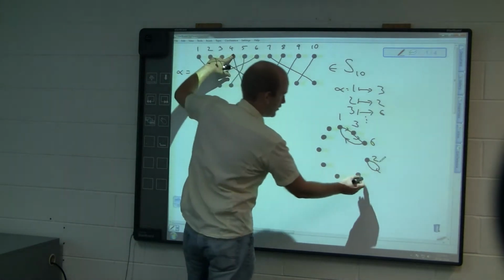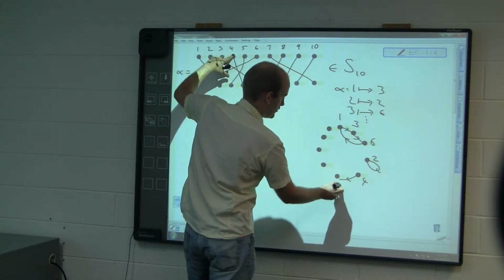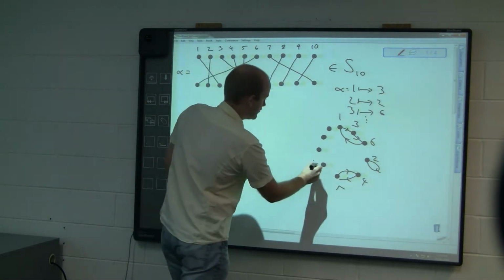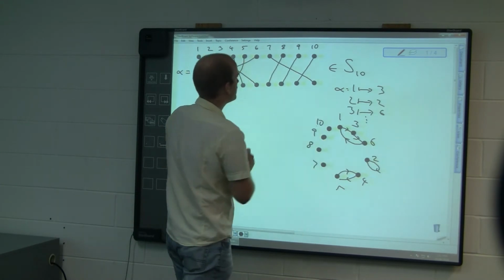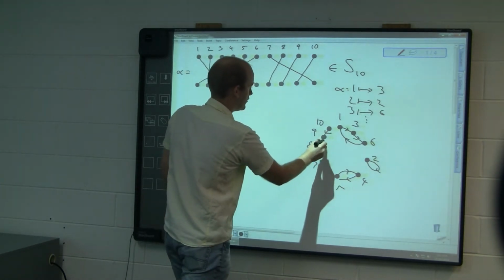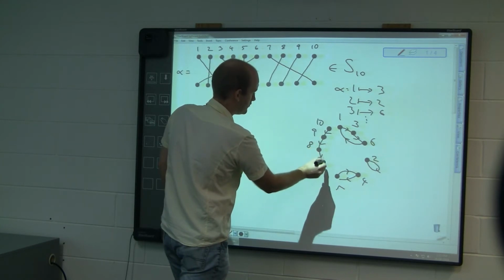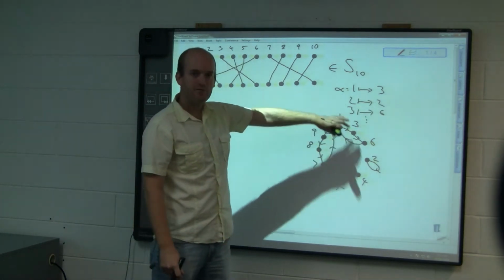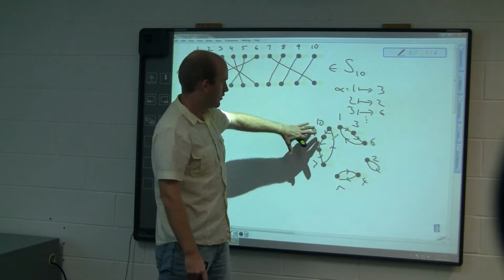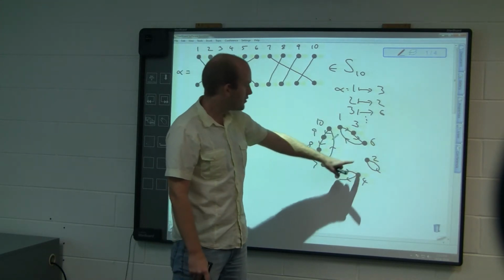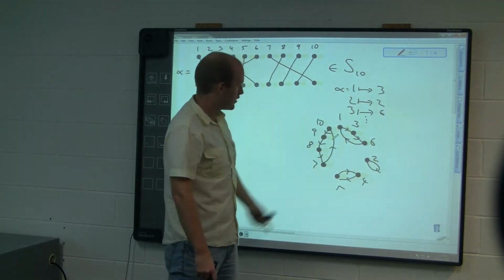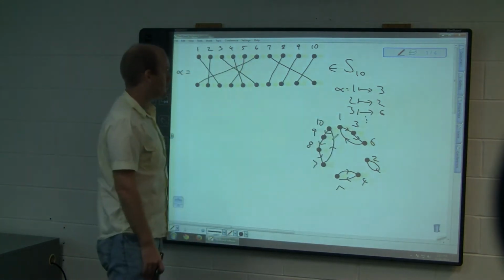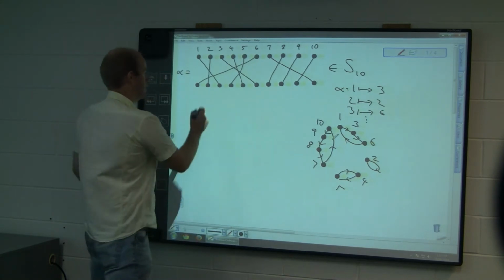Then 4 goes to 5, which goes straight back to 4. And then finally 7, 8, 9, and 10 look like this. So 10 goes to 9, 9 goes to 8, 8 goes to 7, 7 goes back to 10. So if you draw a graph from a permutation like this, you always end up with a collection of cycles. Right? The cycles might just have a single element like the 2 does, or it could have two elements in the cycle like the 4 and the 5, or it could have 3 or 4 or 50 elements depending on the permutation. And sometimes from that